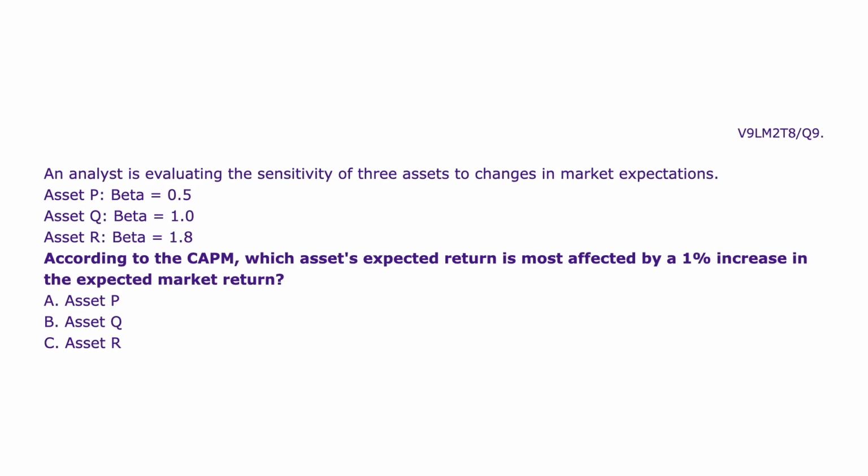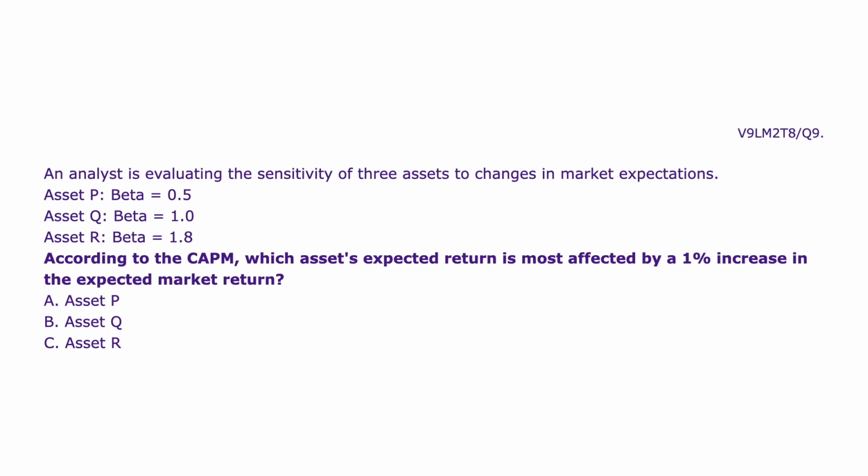An analyst is evaluating the sensitivity of three assets to changes in market expectations. Asset P, beta equals 0.5. Asset Q, beta equals 1.0. Asset R, beta equals 1.8. According to the CAPM, which asset's expected return is most affected by a 1% increase in the expected market return? A. Asset P, B. Asset Q,